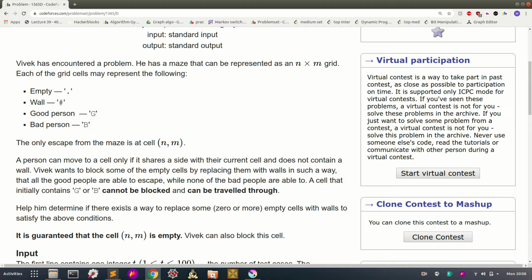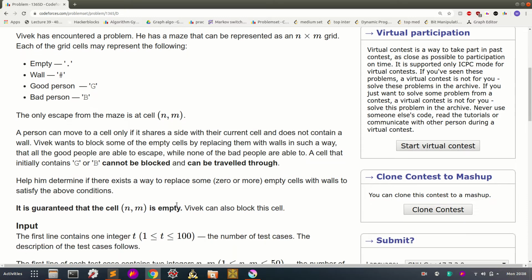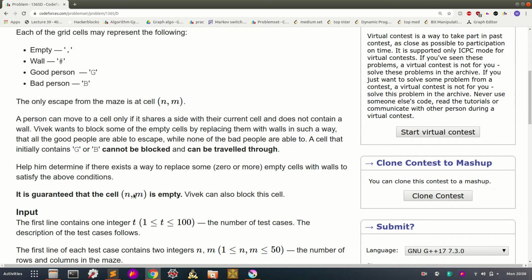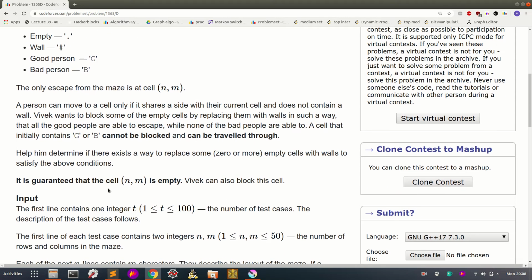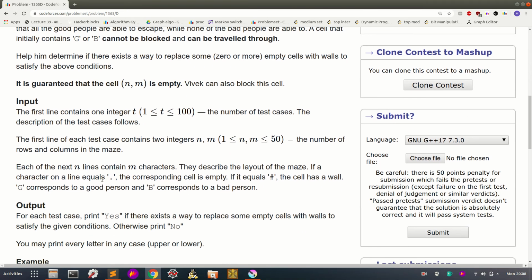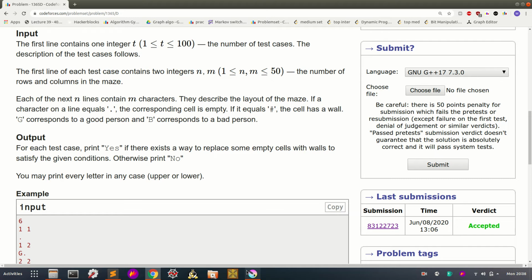Along with this, the last cell, the cell n comma m, is empty, and we can block this cell also. So, I'm going to explain it